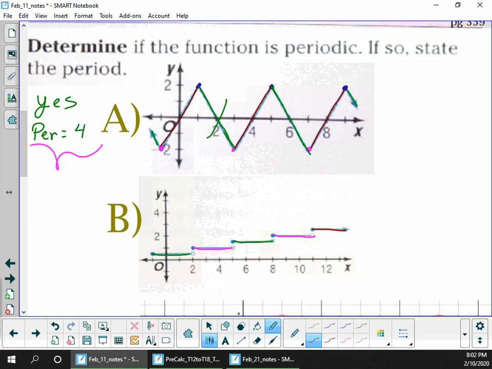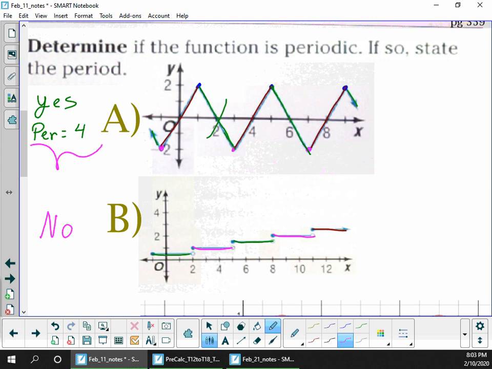However, if I was going to be asked, is this a periodic function? My answer is no. Although there's a pattern, the y's are not repeating on a pattern. The y's are the same for a while, and then they change to something new, and are the same for